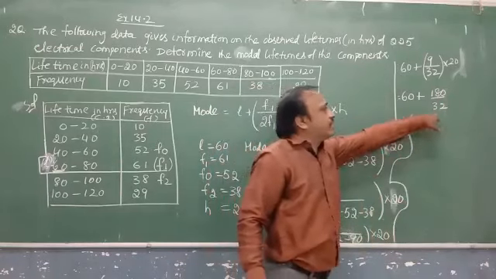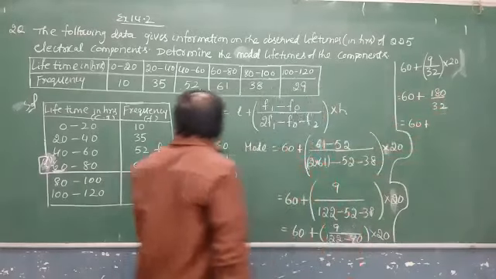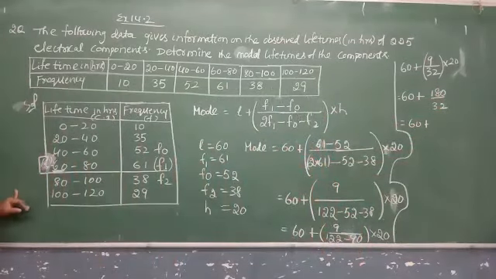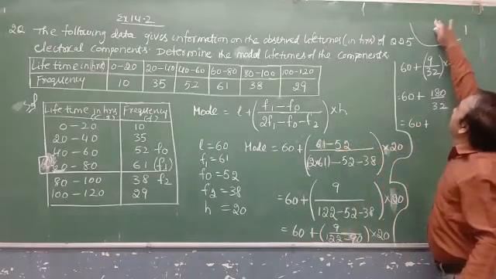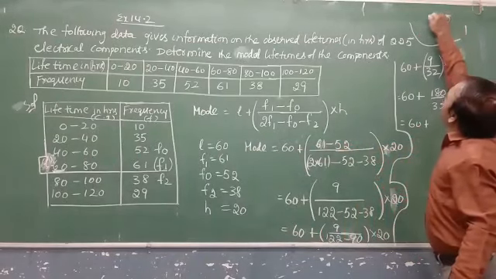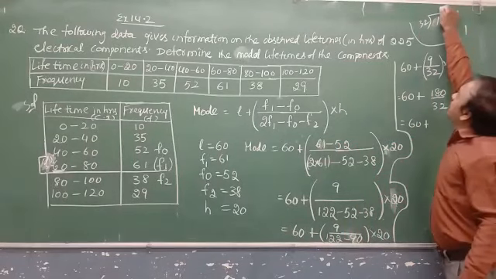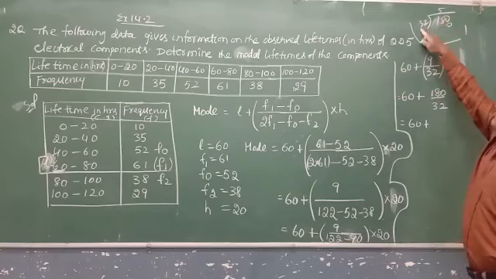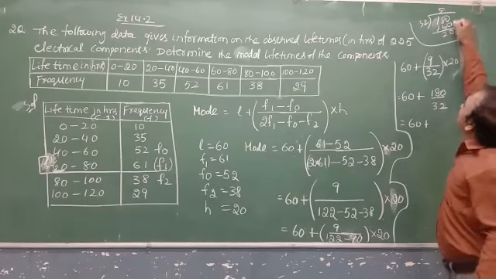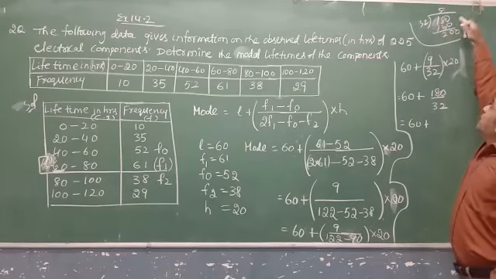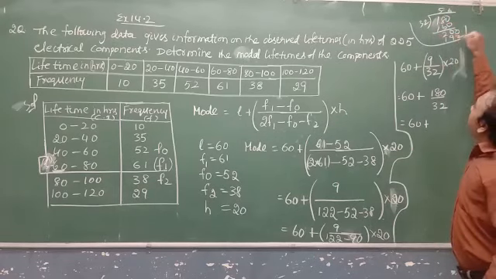You have to simplify this, 180 by 32. Rough work here I am doing, 180 divided by 32. 5 twos are 10, 5 threes are 15 plus 1, 16, 0. Put point, 0. Then 32 into 6: 6 twos are 12, 6 threes are 18 plus 1, 19, 2.